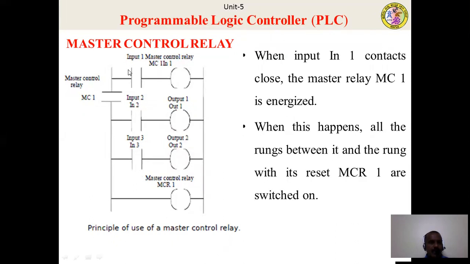When input IN1 contact closes, the master control relay MC1 is energized. Once this happens, all the rungs between it and the rung with its reset MCR1 are switched on.